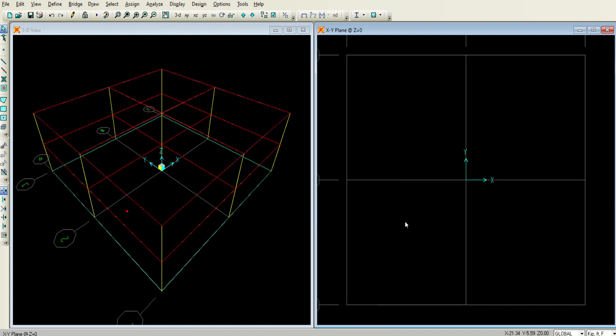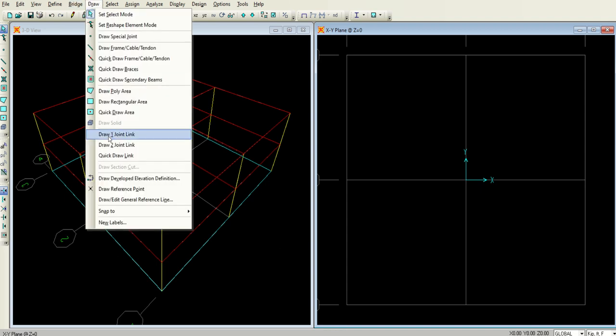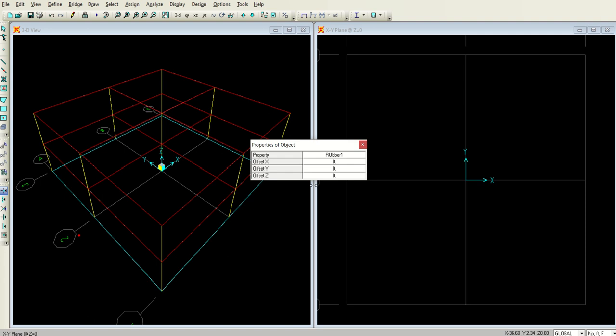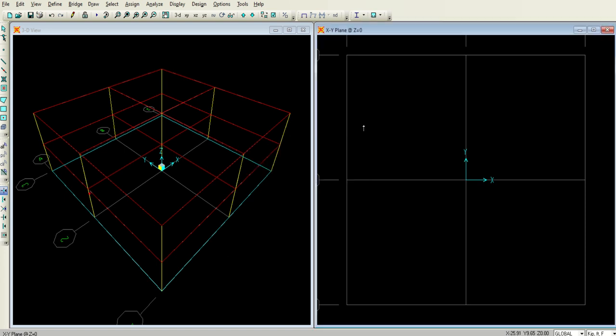Go to z is equal to 0 and we have to draw the isolators. So go to draw one joint link, and rubber 1 is highlighted. Okay, so click at all the joints, 1 2 3 4 5 6 7 8 and 9. Okay, so you can see in the 3D model that all the 9 joints have been assigned with the isolators. Now we have to